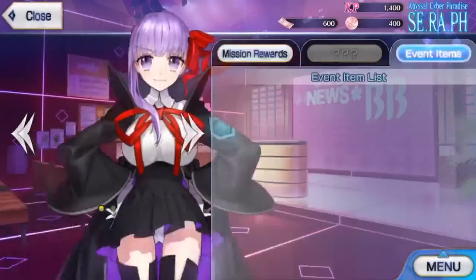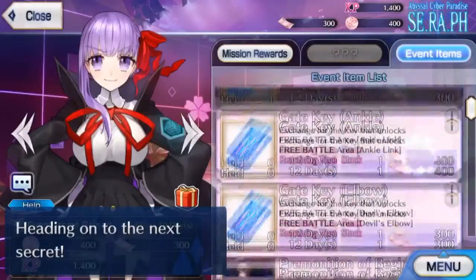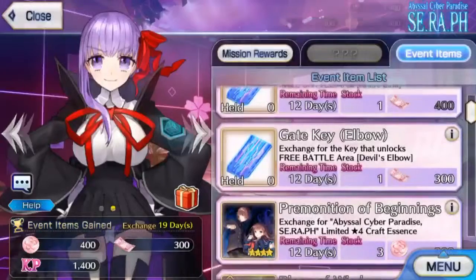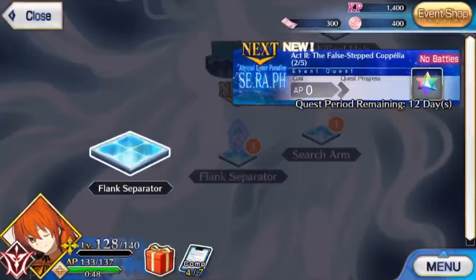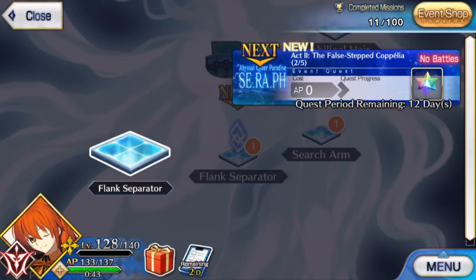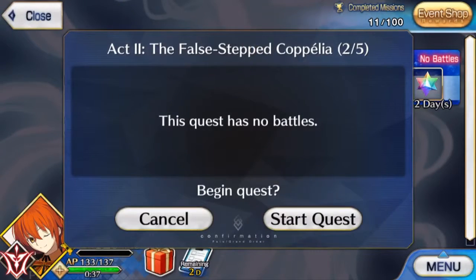Oh, it's 0 AP, but first do we have enough for the key? Yep, okay. I saved up my money. I didn't buy the extra areas because I knew this would happen. Okay, hold on. I'll start it, but give me like 10 seconds. Okay, sorry about that. We're back. 2 out of 5, no battles. This is probably a really short one then, which...